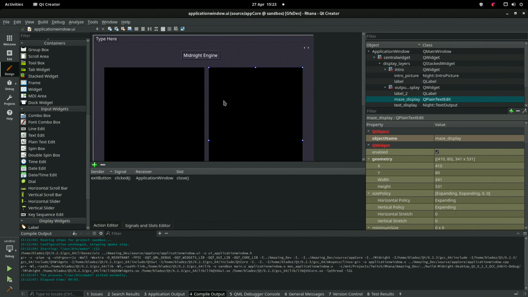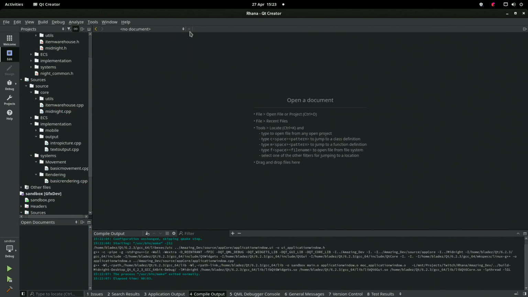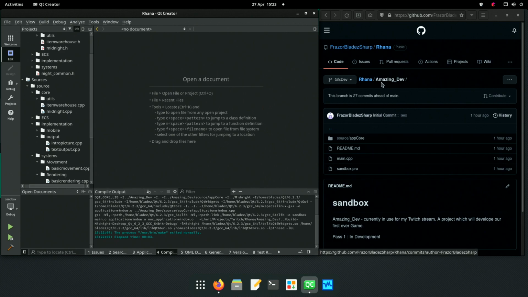I've got no idea what the game's going to look like. I've got no ideas of what it's going to be. I'm not even going to think about it before I do the next session, the next video, the next whatever. So let's just go and do some updates. Let's update everything. So you know where, let's first of all, let's obviously do this. I'll keep us on GFX dev. I'm not really bothered where we are on this.